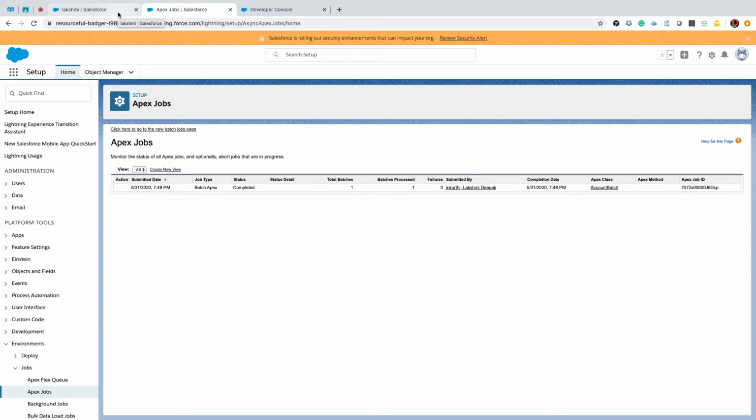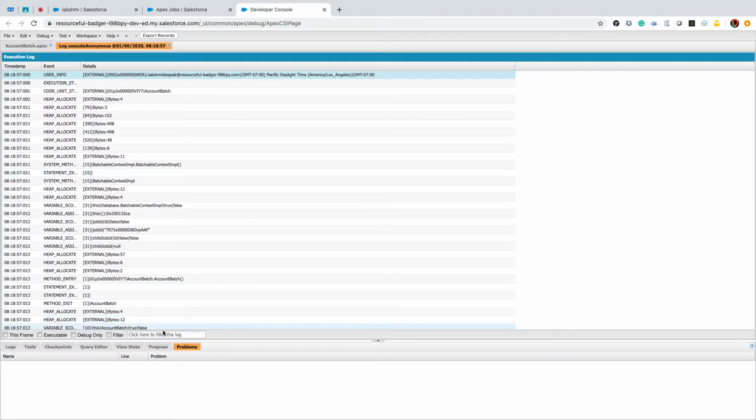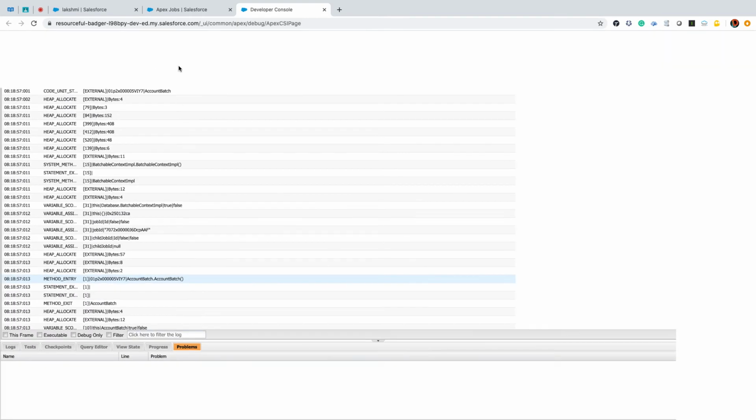Now you can see how many batches it has in total: 1, and number of batches processed: 1. Successful is also 1 there.